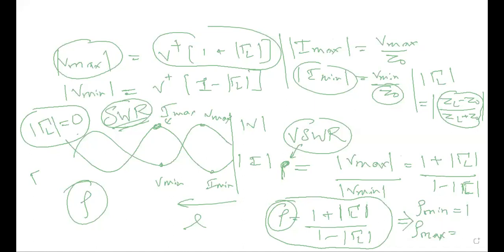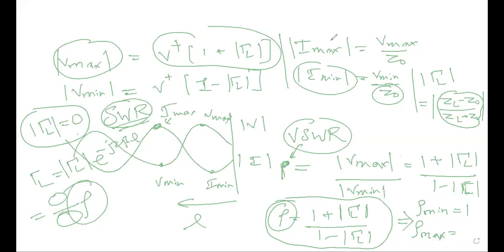Let me clear one by one. When gamma L is infinite, see, gamma L cannot be infinite. Let me tell you, what is gamma L? We have the magnitude of gamma L and e raised to minus j 2 beta l. So this is your reflection coefficient, which is your reflected voltage upon incident voltage, right? Can your reflected voltage be infinite if your incident voltage is finite?